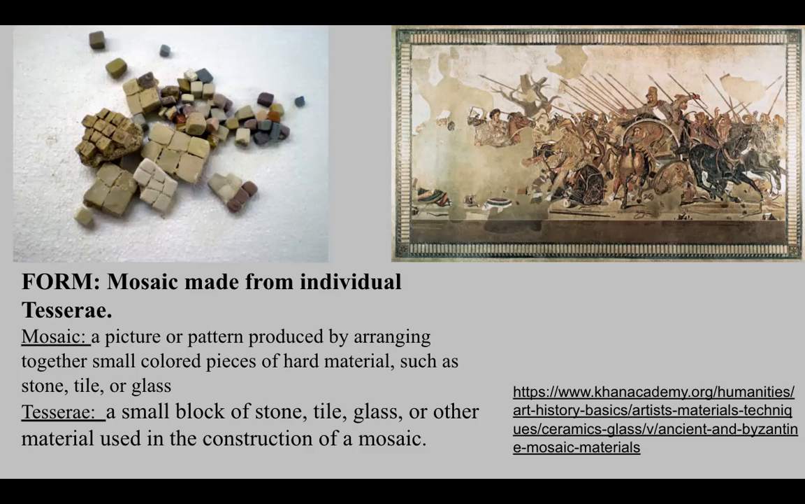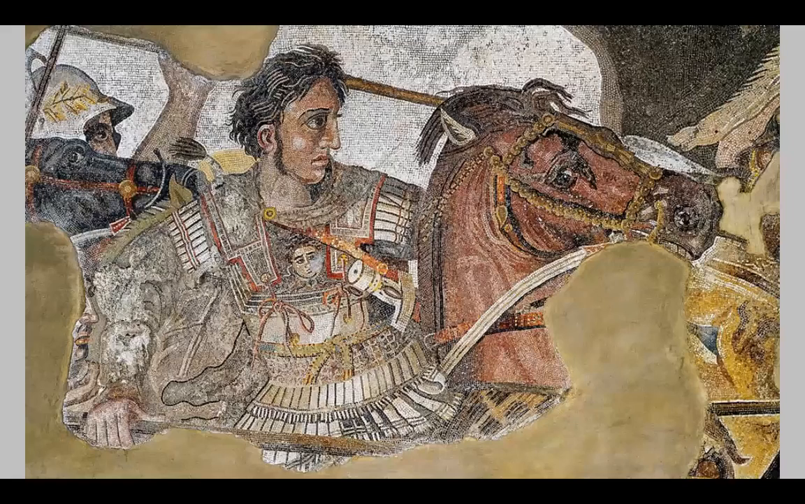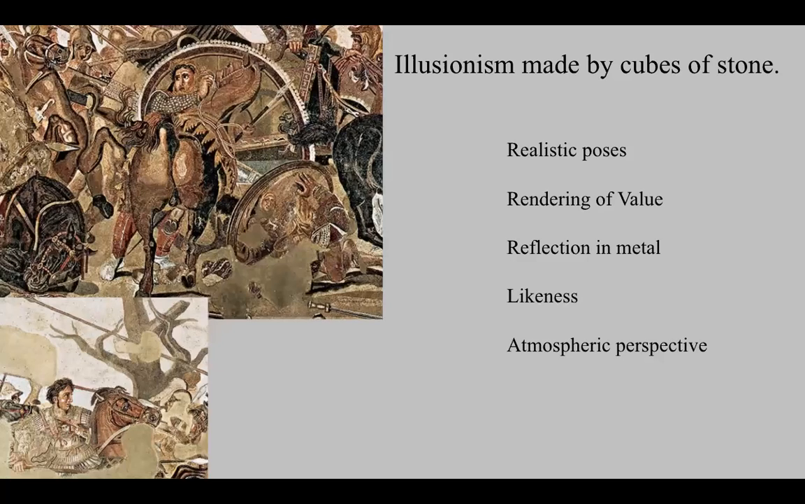Now we will see mosaics again when we look at Byzantine art. They were often made out of glass or gold, so they shimmer, right? So you can see how intricate the details are, especially on Alexander. Look at the little portrait on his armor, right? So all this illusionism is made with those little cubes of stone,